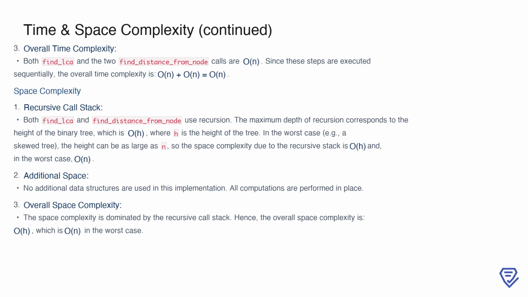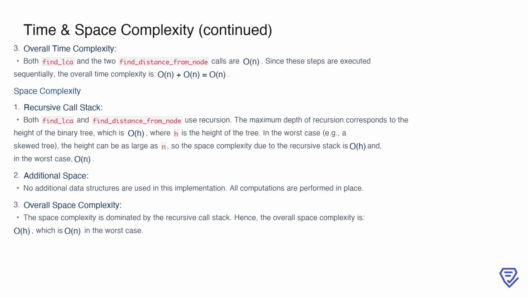The find_LCA function takes O(n), and the two calls to find_distance_from_node also take O(n). Since these operations are performed sequentially, their combined time complexity is O(n) plus O(n), which simplifies to O(n). Shifting to space complexity, the primary contributor is the recursive call stack used by both find_LCA and